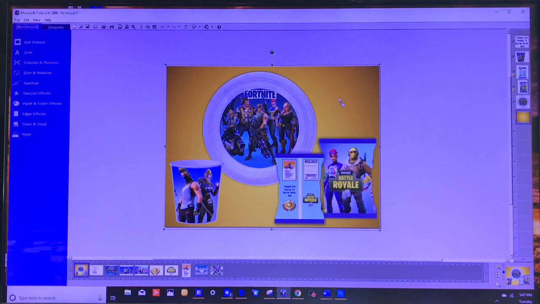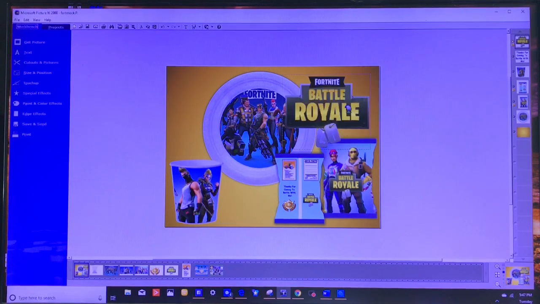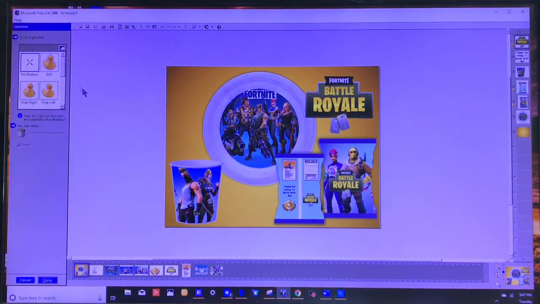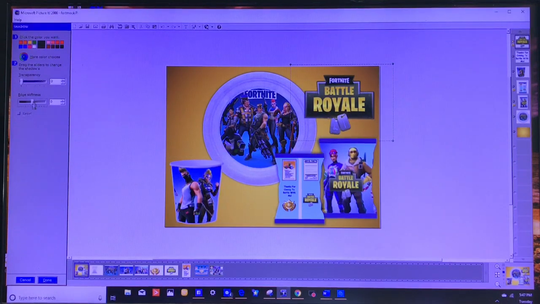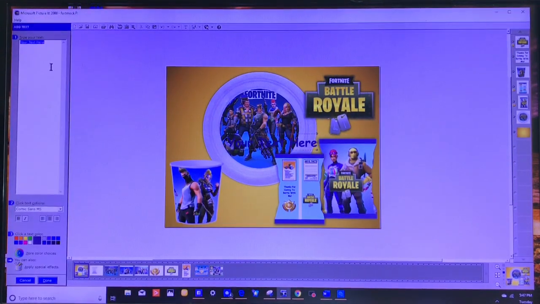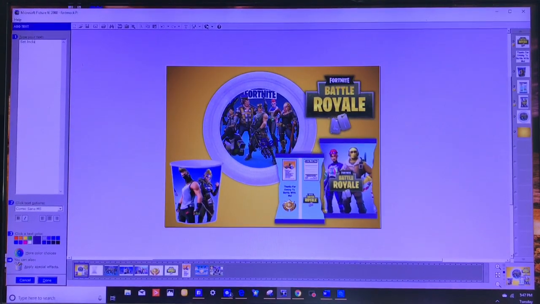I'm going to bring up my Fortnite Battle Royale again and superimpose it over the plate, give it a shadow. That's the name of this mock-up. That'll be my name for the mock-up. Make that shadow a little softer. And then I'll just add another text box and say "Set includes:"